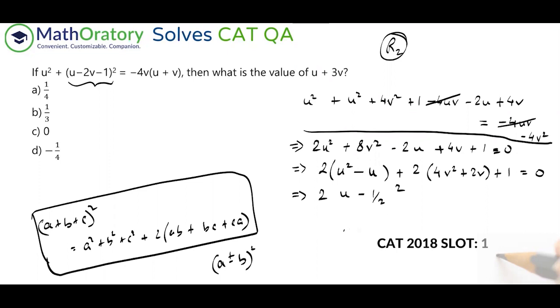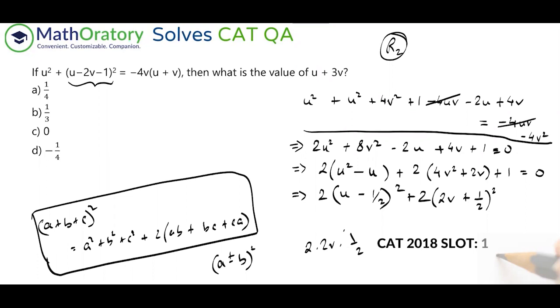I don't need this bracket. I can just use the first bracket itself. Great. So this is what we have, right? Now the same thing here. So first of all, this is 2v whole square. So 2v. Now I need 2 into 2v into something giving us 2v. So again, half, right? So same thing. So now you have plus half whole square. So same thing again, right? So you have something like this.